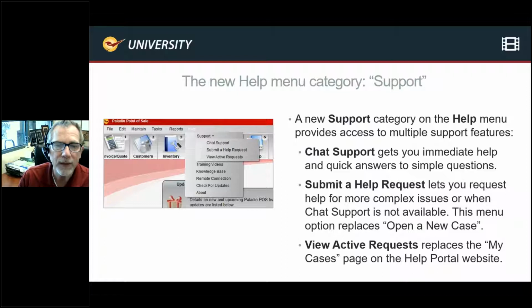All right, you can also view all the active requests. You cannot view any closed requests or closed cases. If you need that information, you can contact customer support. When you click on help request to submit a help request,